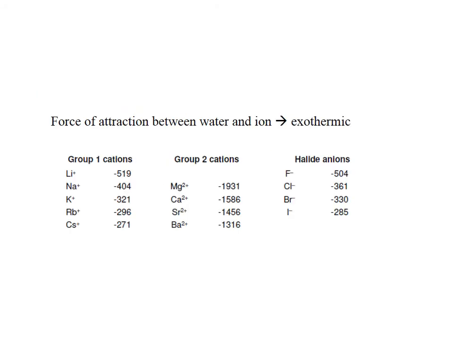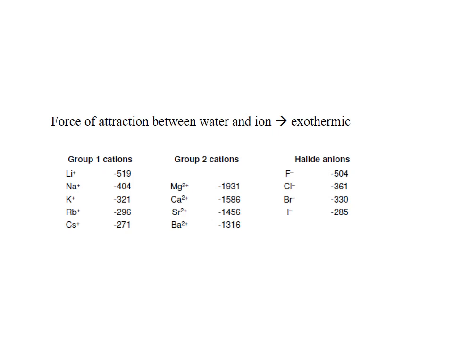So this force of attraction between the water and ion is exothermic. You can take a look at the table below, but what this is showing is group 1 cations, group 2 cations, and your halide ions, they're all negative. So lithium in its attraction to water has a value of negative 519 kilojoules per mole, so on and so forth. You increase the charge, you increase the radius, you can look at what those effects are and you can predict